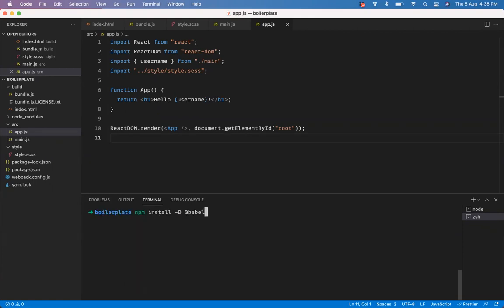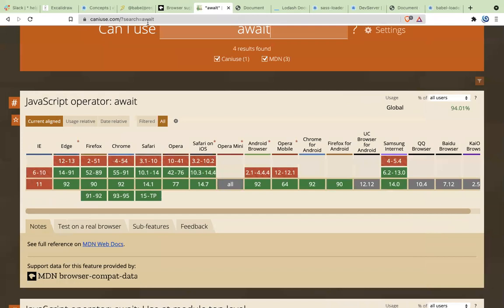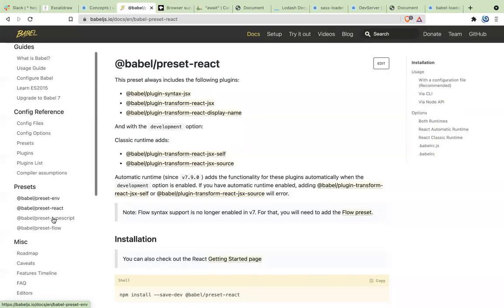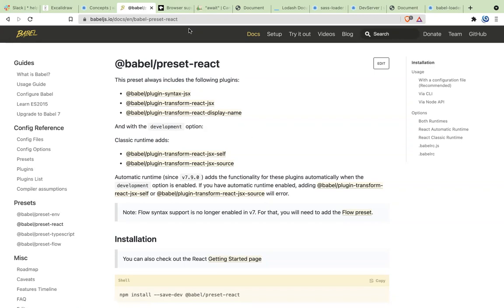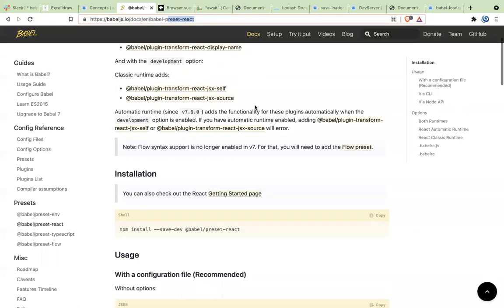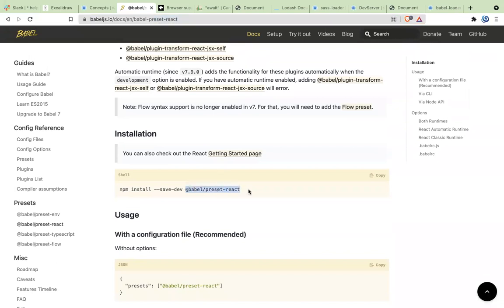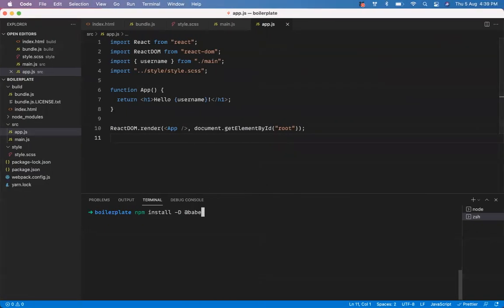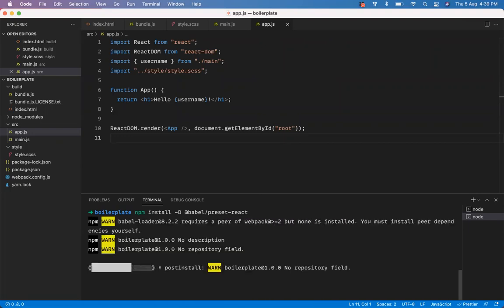we'll also say Babel. We also need to install the next package, Babel preset React, because you also need to use React files, right? So that is what we need to use. Let's see how we are going to use it. You just have to use it as an extension. So I'm going to also use React. I'm just going to say Babel preset React.